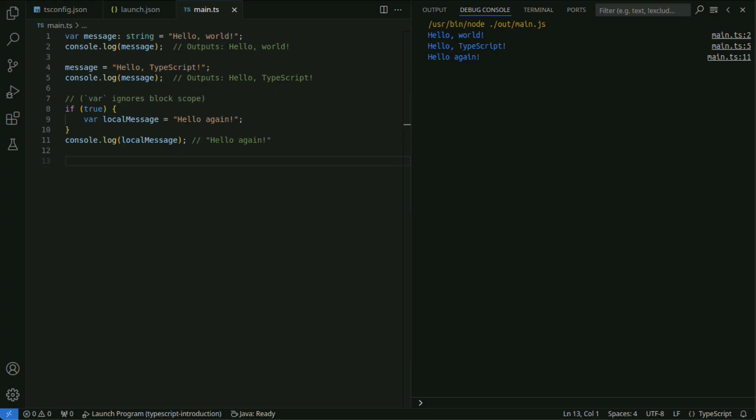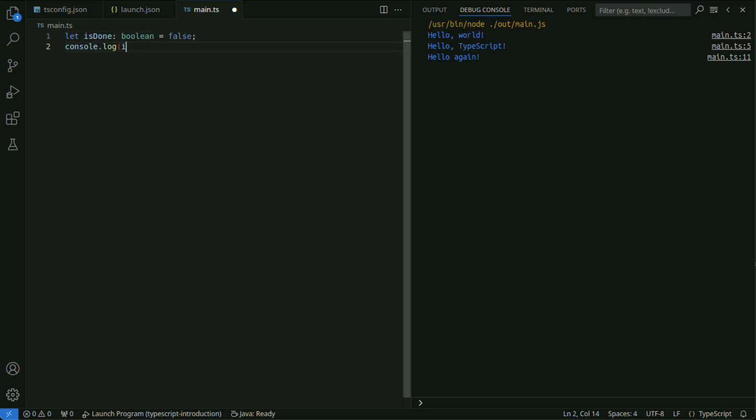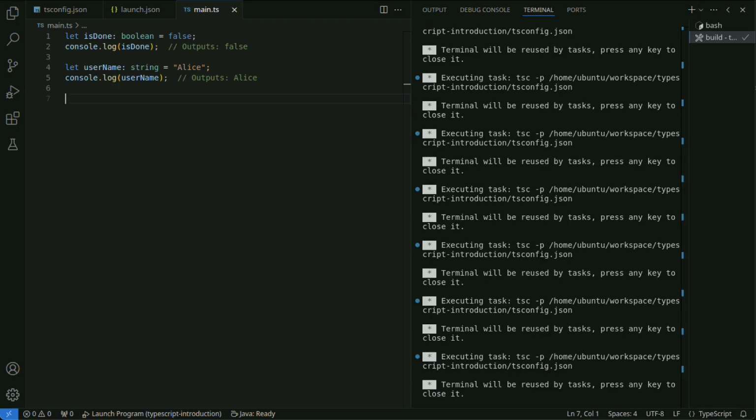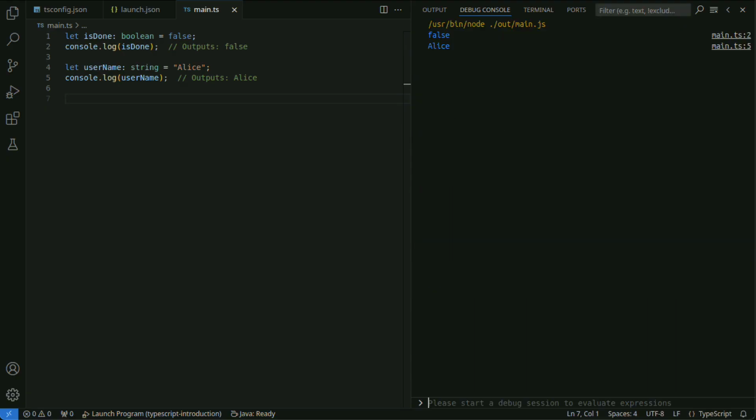In TypeScript, you can explicitly annotate types for variables. Type inference is also supported, but type annotations are useful in complex scenarios. If a variable is declared without initialization, undefined is assigned by default.